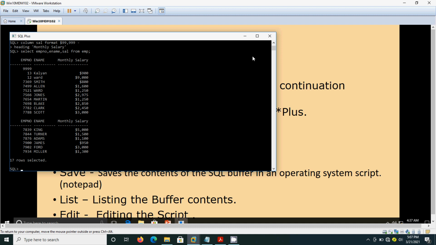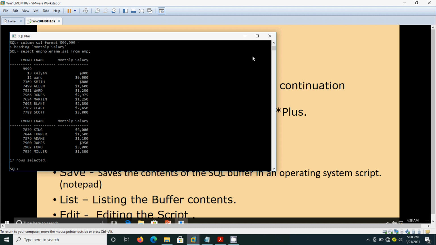See, that has changed now. The format here shows along with the dollar symbol, and the column heading is monthly salary. And here I have typed the heading monthly salary in the second line, by using that hyphen. If you use that hyphen, then it means the continuation of the line.